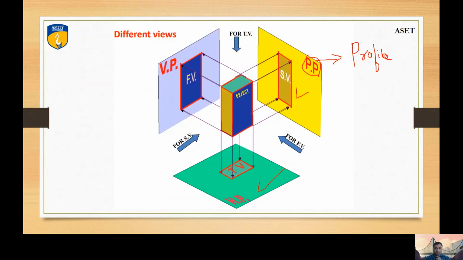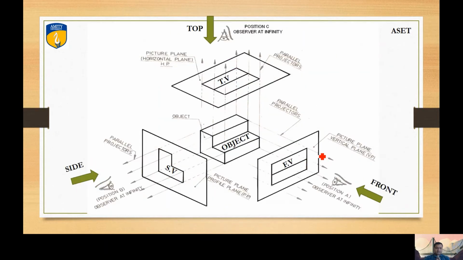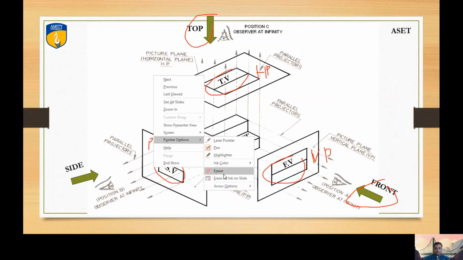If I again correlate all these terms by means of this image or this example, now you can easily understand what is projection, what is orthographic projection, what is HP, what is VP, and what are the different views, right? This is front view observer, this is the front view lying on the VP, so this is my VP. This is the top view observer, this is the top view lying on HP, this is the side view observer, and lying on the PP, right? So this is the concept of orthographic projections for multi-view.